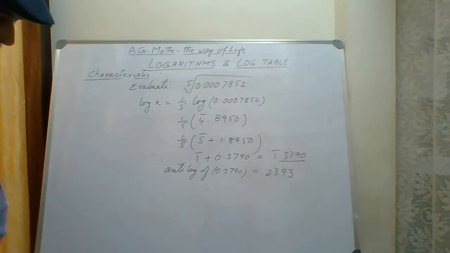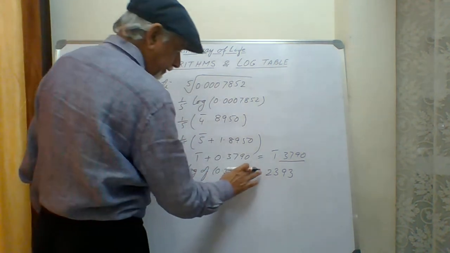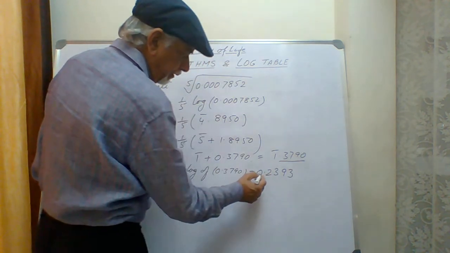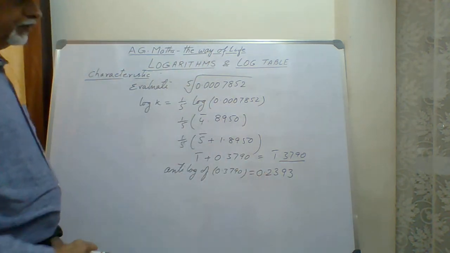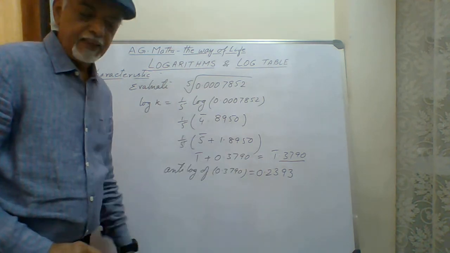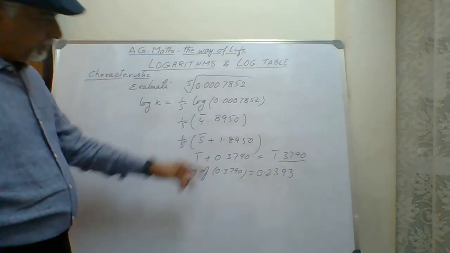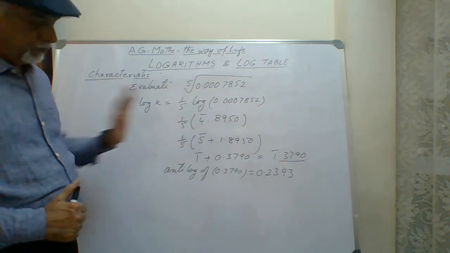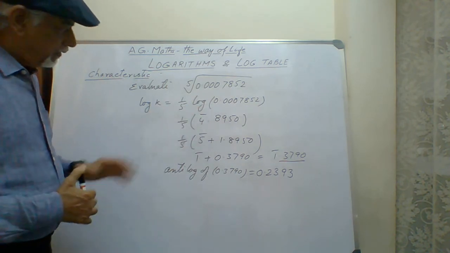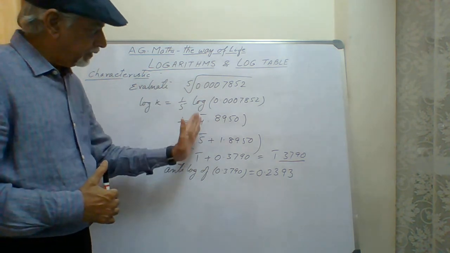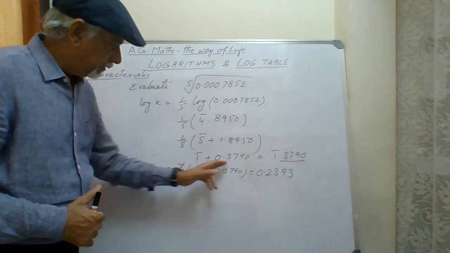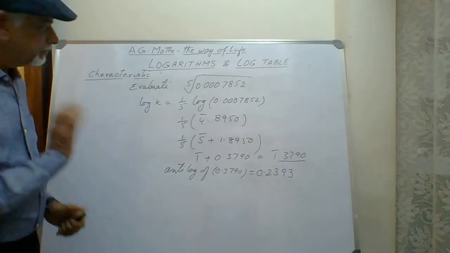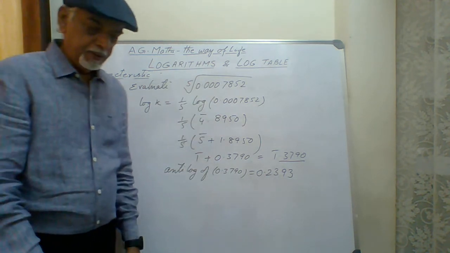Now where will be the decimal point for the final answer? If it is 1 bar, then naturally this has to come like 0.2393. If the digit before the decimal is 0, then only I get a characteristic of 1 bar, and that is how we get a negative value. You have understood how to perform the division in the bar shape. You have to keep the characteristic negative and the other mantissa part as positive. Here also the mantissa is positive. This is a special trick I wanted to discuss with you.